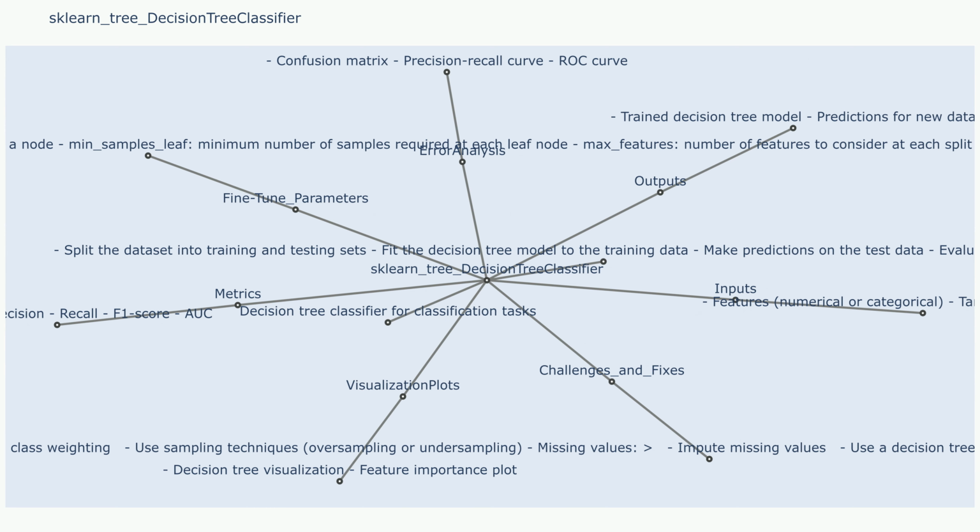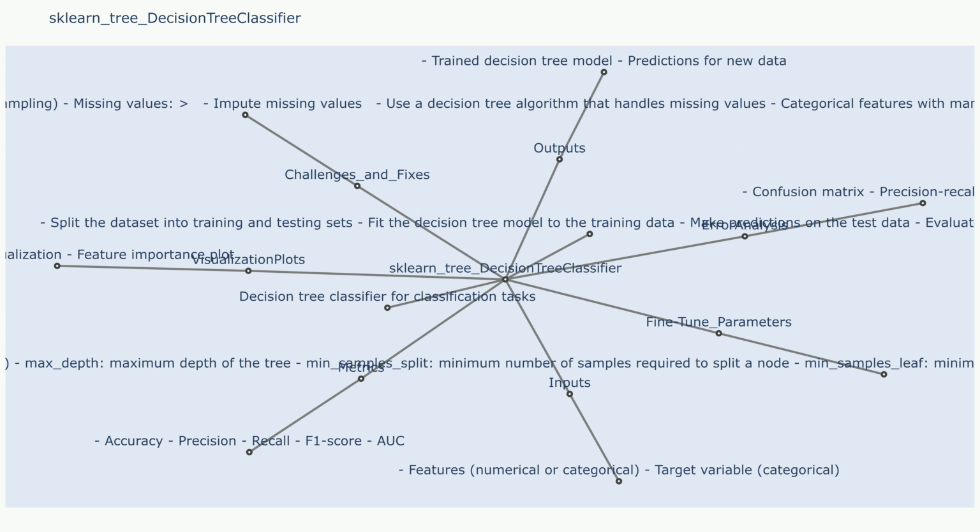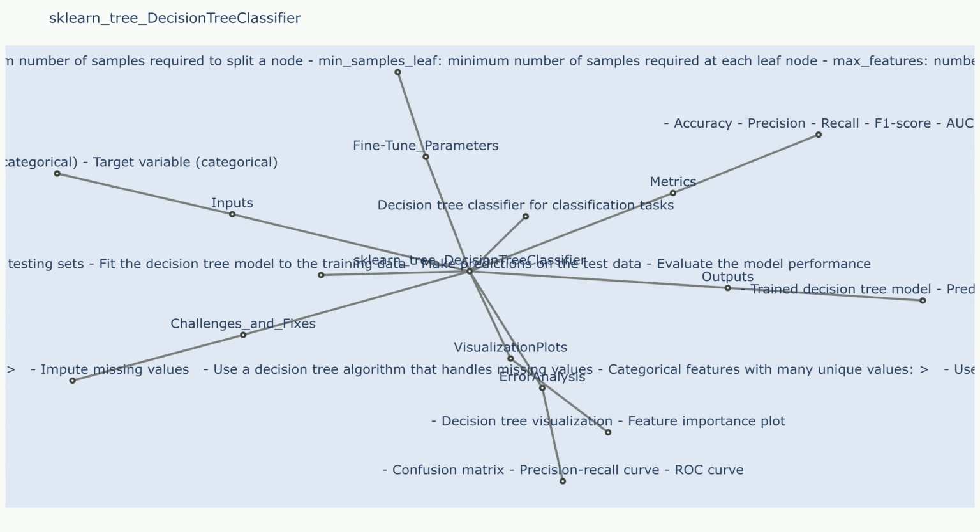not handled properly. Fixes. Imputation: replace missing values with imputed values based on the distribution of the feature or other related features. Ignoring the feature: ignore the feature entirely during training if it has too many missing values. Surrogate splits: use surrogate splits to find alternative features that can be used to split the data when the primary feature has missing values. Challenge 3: handling categorical features. Decision trees can handle categorical features by converting them into numerical